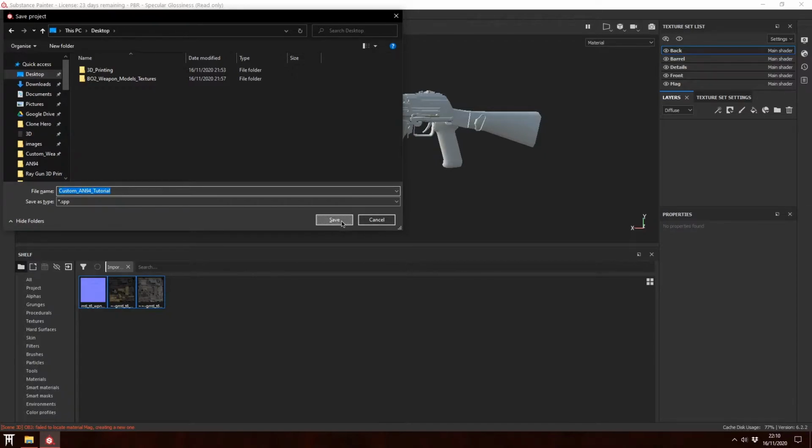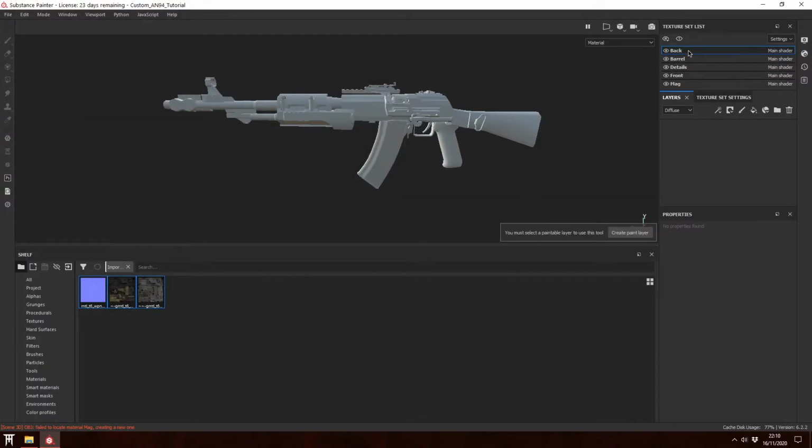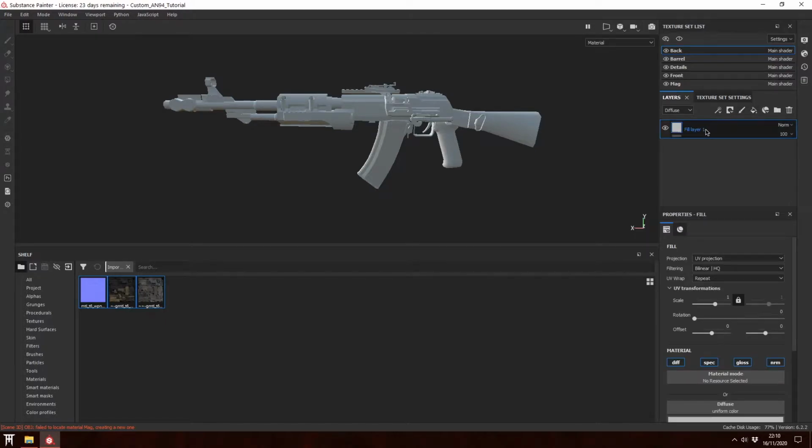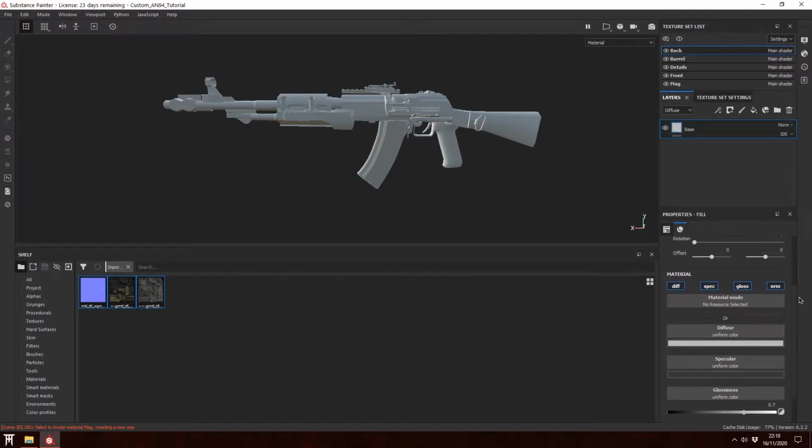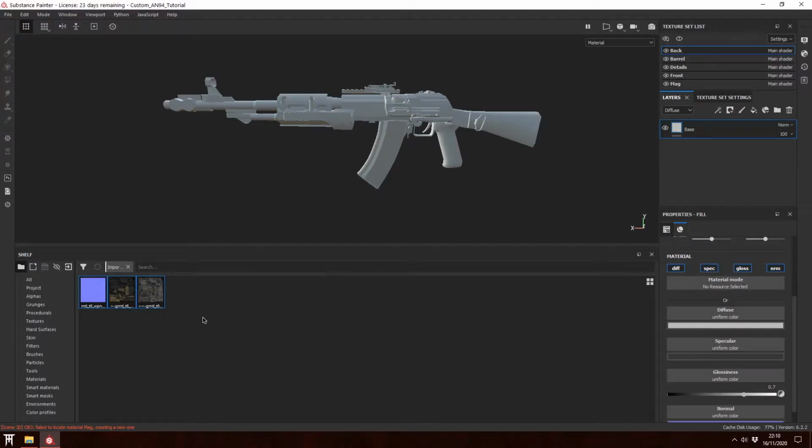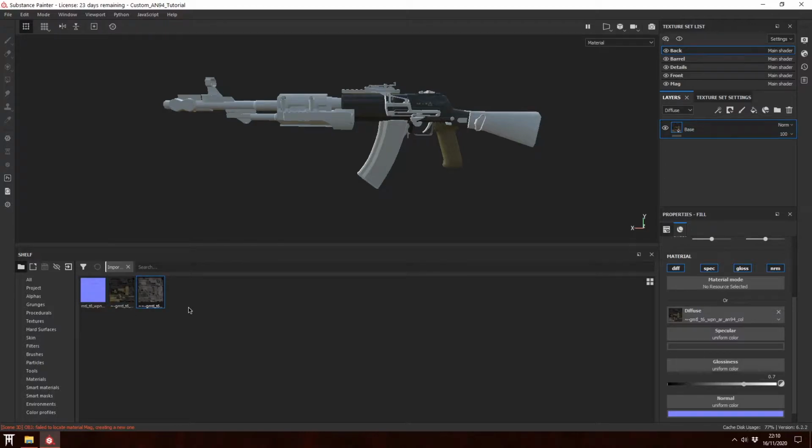Okay. Save. Thank you. So now we're going to make a new fill layer. This is this paint bucket here. Just click on it and we have a fill layer. Let's call it base, because it's the base of the weapon. And here you can see all our channels. So we drop the diffuse texture into the diffuse channel. The specular